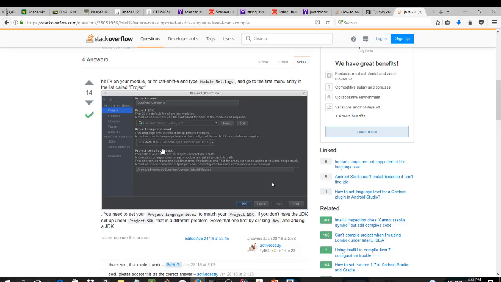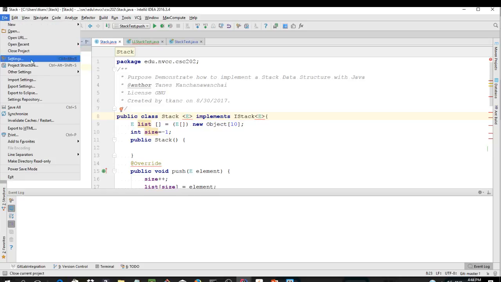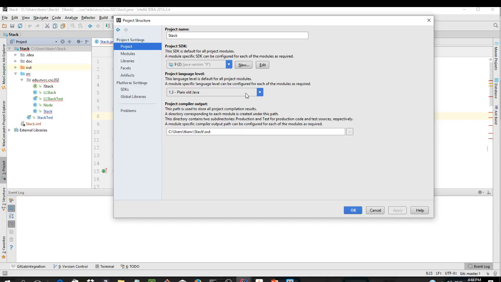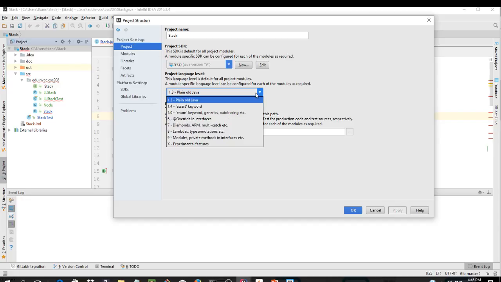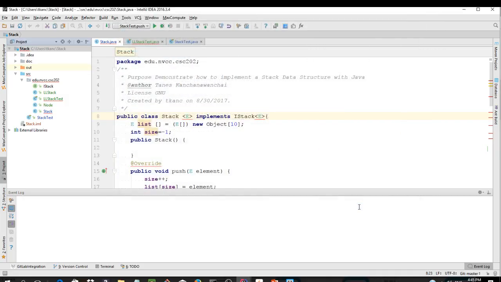Project level 2. Okay. Something that we did when we go to project structure, maybe I accidentally changed something. Plain old Java, that's why. Oh, that's it. I'm not sure how I changed that. We accidentally changed it, huh? Alright, so